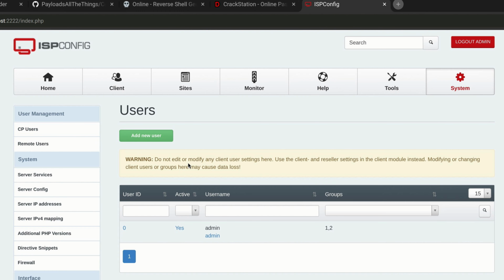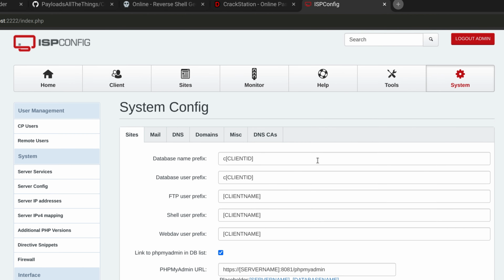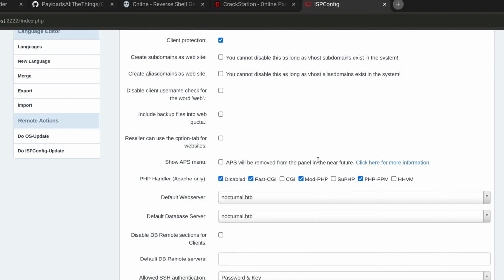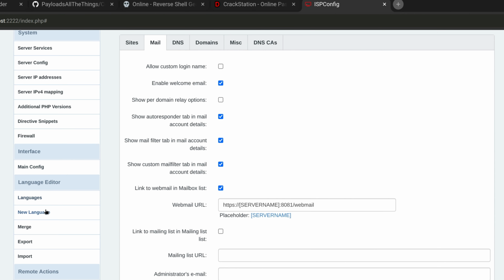There is only one user, which is admin, so we have no chance of finding other user credentials. There is one service running, which is the Nocturnal web app. Let's check the main config. It looks like some of the settings here are not set properly, so there might be nothing of value here. Let's go to the language editor